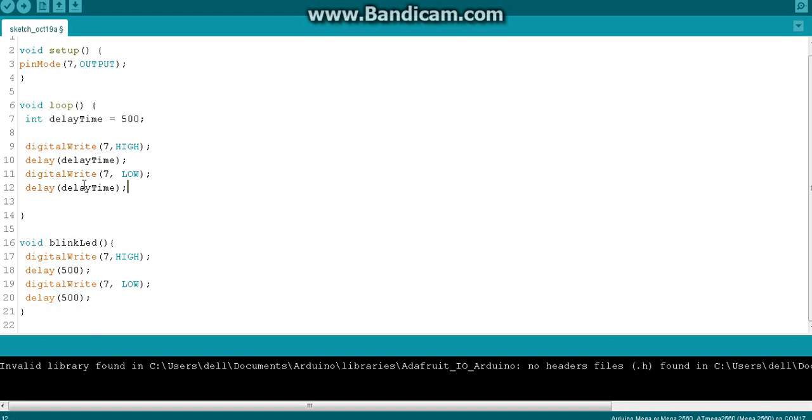Okay, so we have to find a way how I can bring this delay time value inside this function. Okay, so what I'm going to do is I'm going to take this delay time as a function parameter. Okay, and then I will write the function accordingly. Okay, let's see what I'm going to do. So while I'm writing this function, now I'm going to use a function parameter. So how to give a function parameter is,